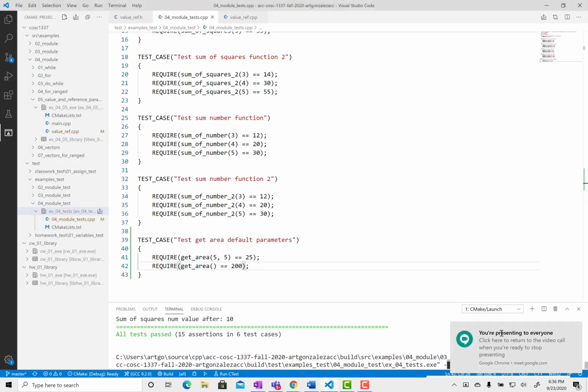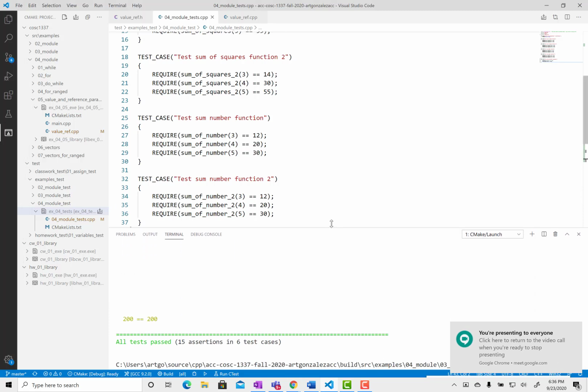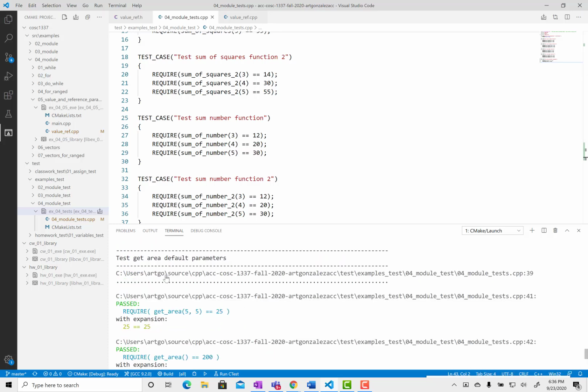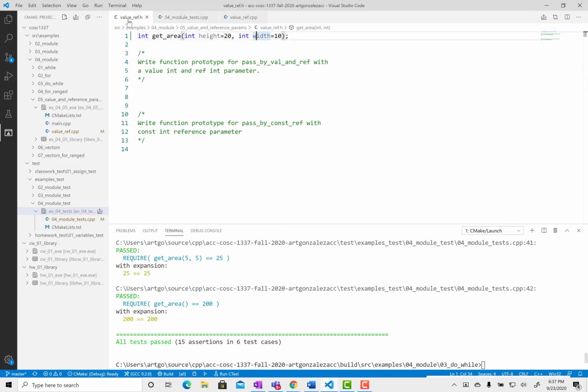Up arrow, space, dash S, enter. Let me get some more room up here. Okay, so we are interested in test get area default parameters. Passed, get area with values 5 and 5 as parameter argument values for height and width equals 25, and that passed. And if we don't provide any values, then it reverts to our default height 20 and width 10, and we get the answer to 100. So that is the use of default